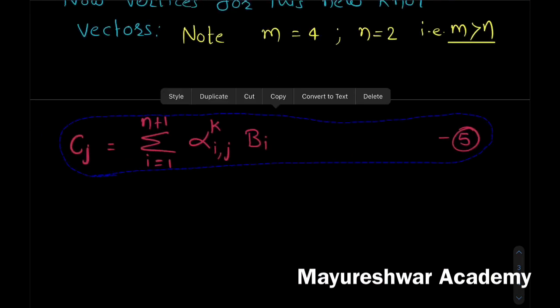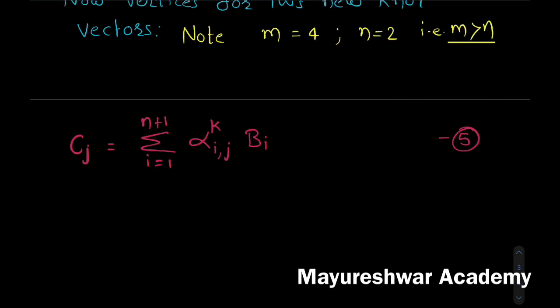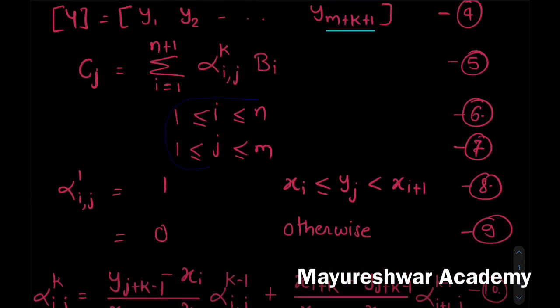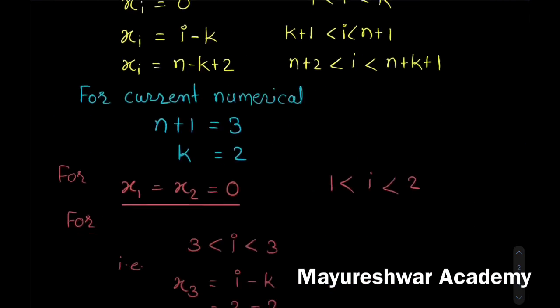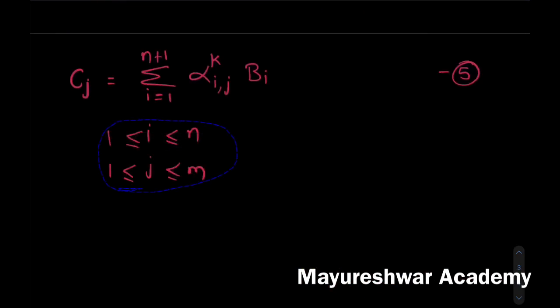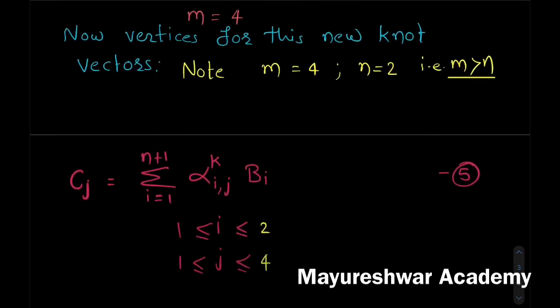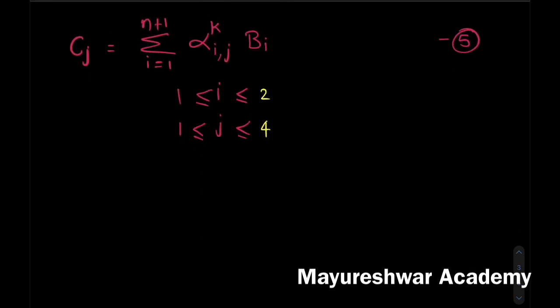Okay, so now just start by substituting these values. Again we need the range of I and j, so these are equation number 6 and 7. So copy and paste. Okay, so here we need to understand I is in between 1 to n. Now in our case that is 2. Similarly j is in between 1 to 4 because it is of m. Okay, so these are values of I and j, so we need to substitute them in equation 5 and we need to rearrange it. So we get for j is equal to, let us say 1,